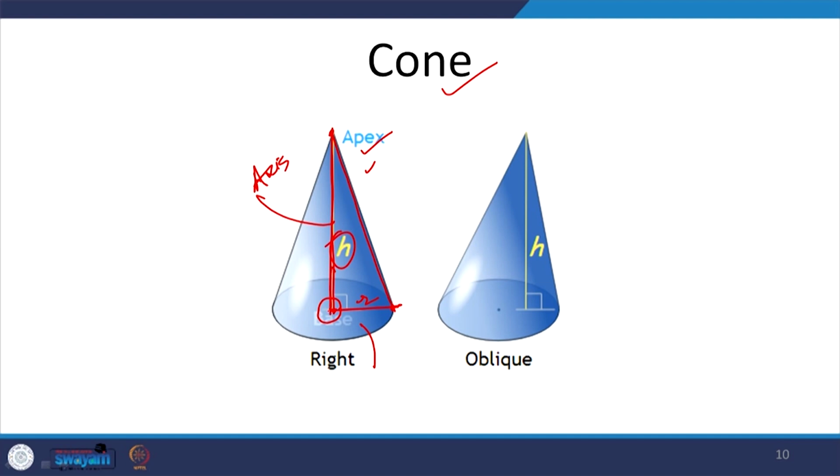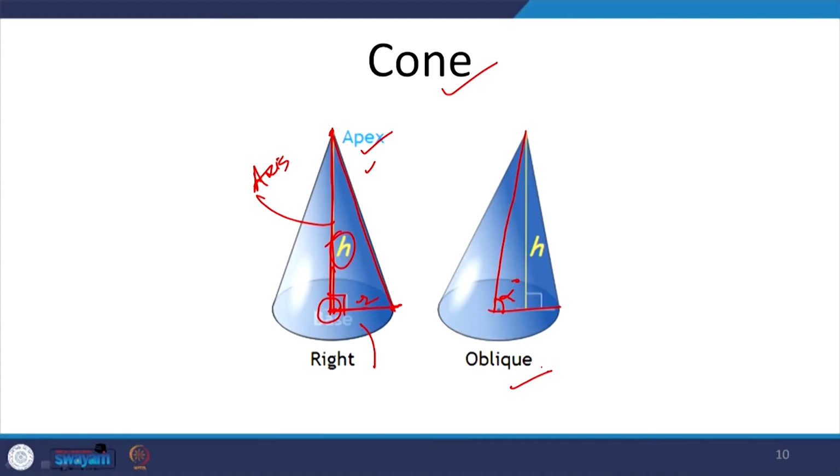In case the axis is not perpendicular, in case the axis makes an angle with the base, it is called an oblique cone. Again, we have been using and seeing cones. You must be familiar with the various formulas for deriving the surface area and the volume of cones, but remember that cone is again a solid of revolution, and we do not have any rectangular or triangular face to it. We just have a base face, which is a circle in this case, and the rest is a continuous shape,